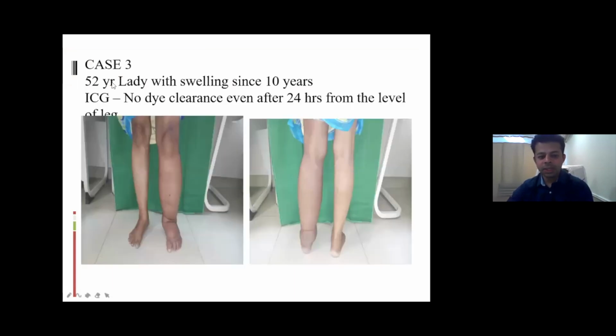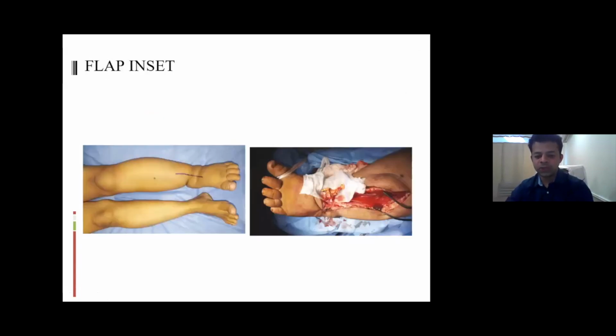This is another case, a 52-year-old lady with swelling of the left leg for the past 10 years. And on ICG, we found that the dye could not reach the groin from the site where it was injected, even after 24 hours. So we convinced her again for a laparoscopic lymph node transfer. And here it was an intraoperative difficulty which we had to face. We explored the vessels, the anterior tibial vessel, but for our luck, when the bariatric surgeon had harvested the flap,